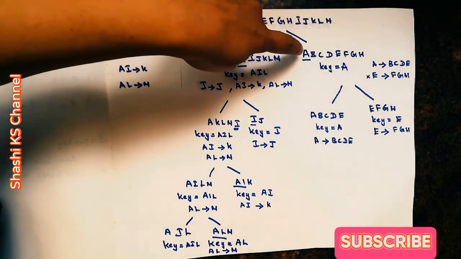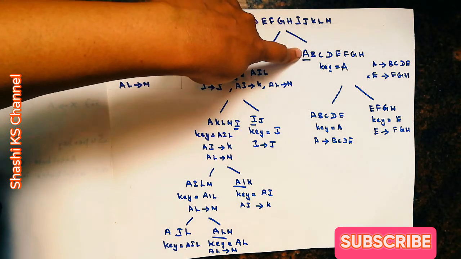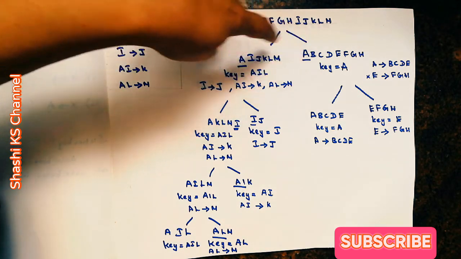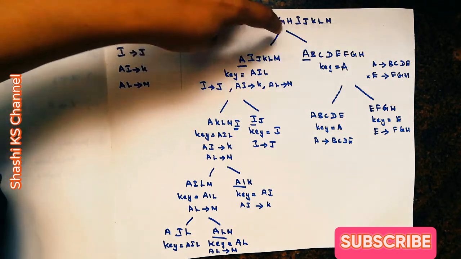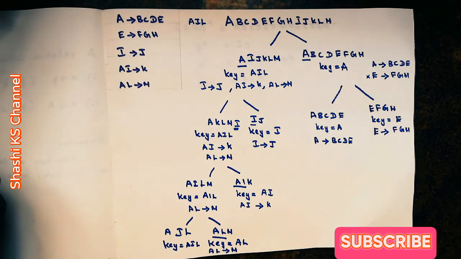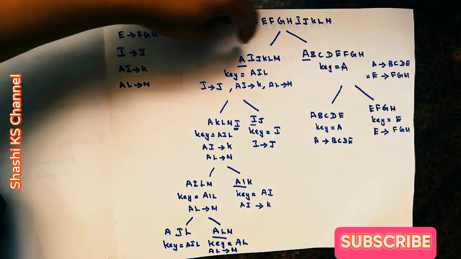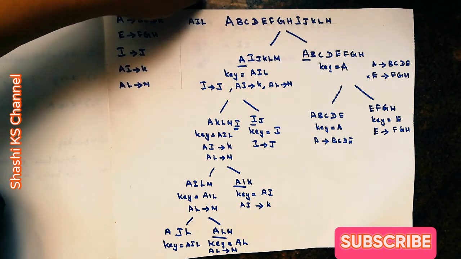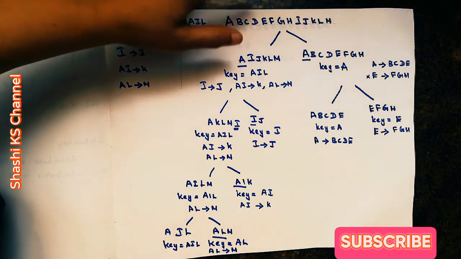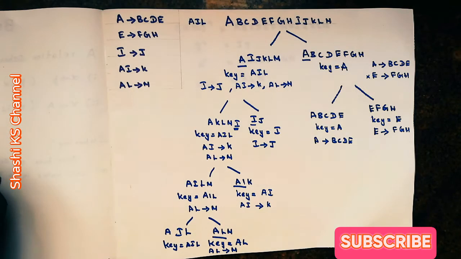You should have one common attribute, that is, the key which is there in your decomposed relation should be the common attribute that will act as the primary key and the foreign key in the decomposed relations. So you need to have one common attribute between two decomposed relations. So you keep on applying the same algorithm recursively until you are sure that all your functional dependencies are in BCNF form. Okay, so this is all about Boyce-Codd normal form.